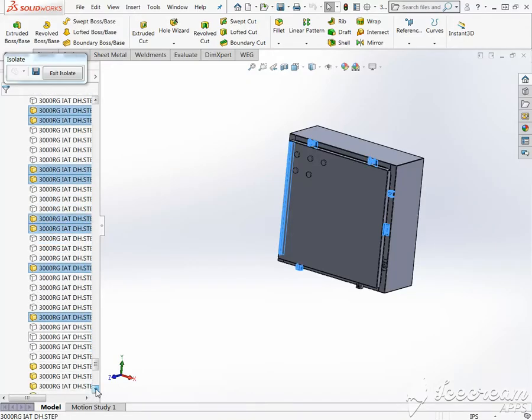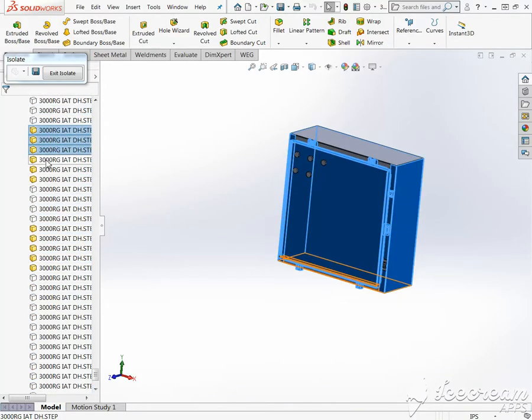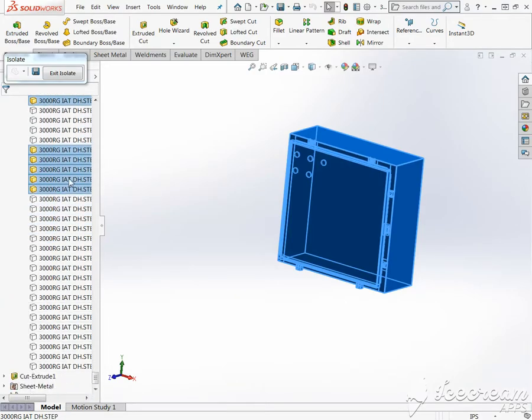Keep going down. All the ones that are highlighted in yellow. All right. Now that I got to the end of the tree, what I want to do now, right click